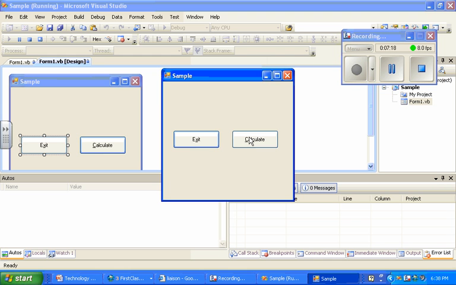This is the end of this tutorial. I hope this helps you while creating a